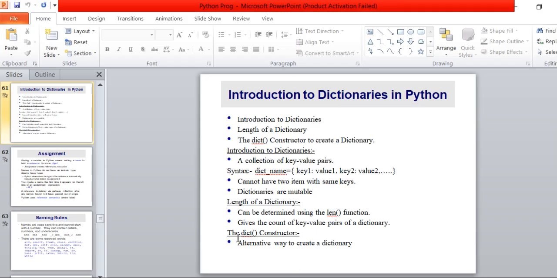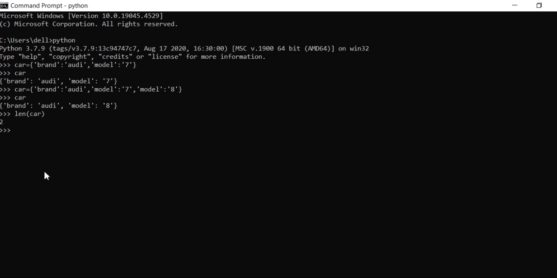Now next topic, dictionary constructor. It is an alternative way to create a dictionary. We know only one approach. Now we are using the second approach. Again I am in the command prompt. Here I am declaring one variable again, car, dict. Inside this round bracket, I am typing here brand, model.